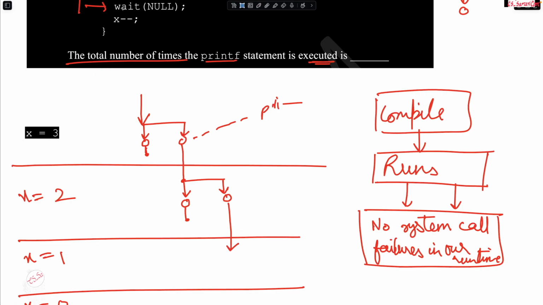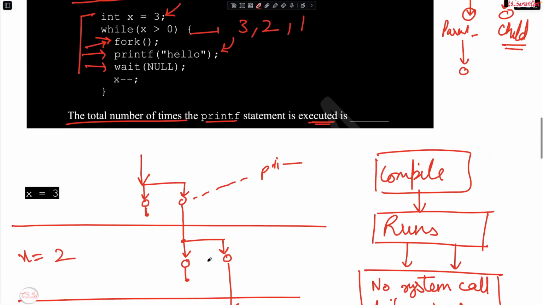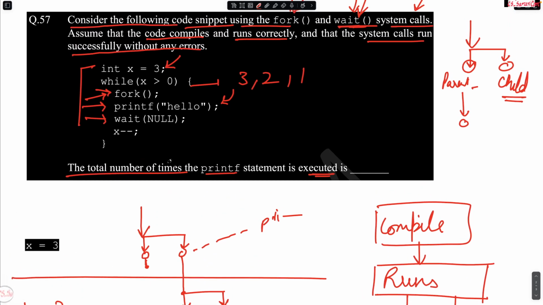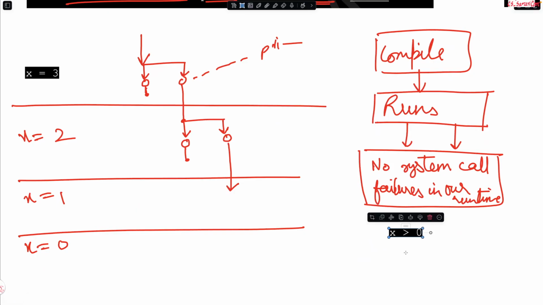This decrement over here is producing the shift between the ranges from x is equal to 2 to x is equal to 1 for a particular thread. I do hope that you follow that, right? Once the child comes to x is equal to 1, as the breaking condition for this loop is for x greater than 0, right? This is the break condition of the loop. Let me place it over here.